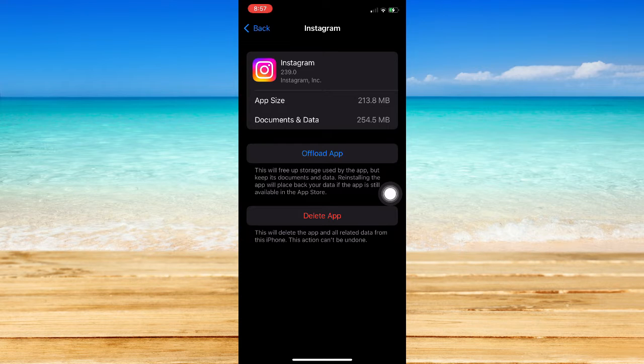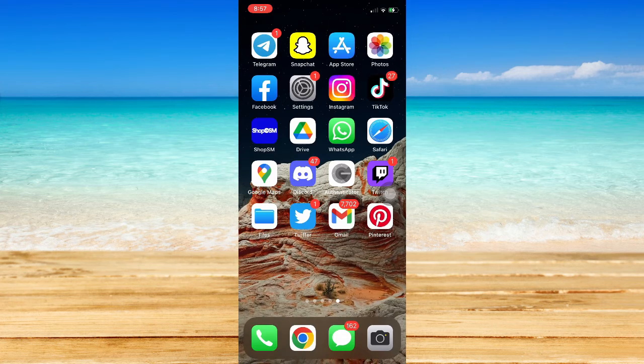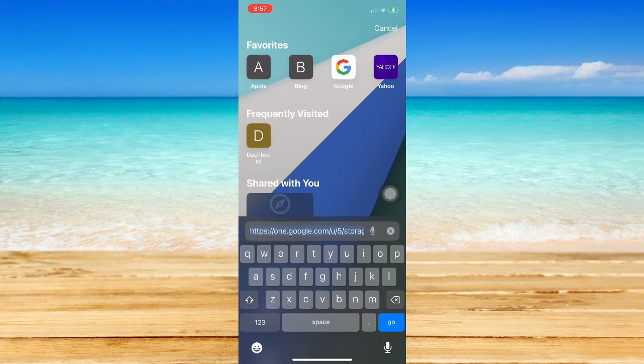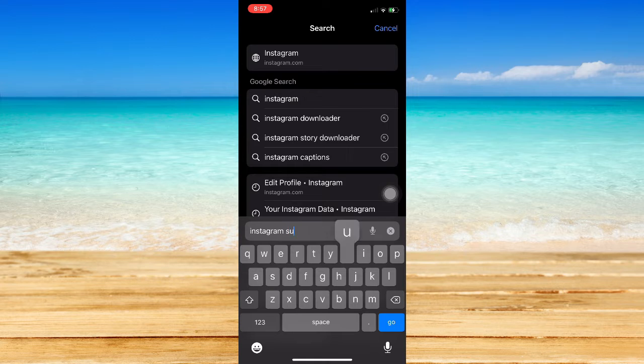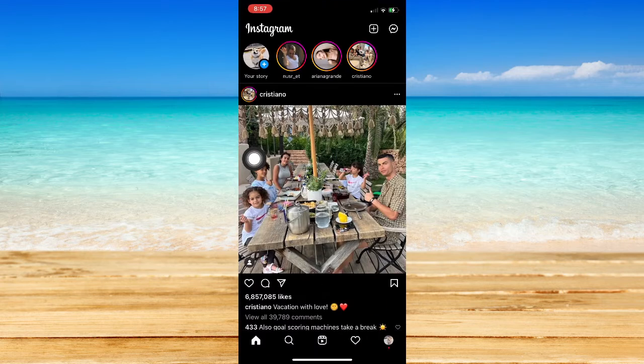And if it still doesn't work, what I would suggest is you go ahead on your favorite web browser such as Safari and type in Instagram support. So once you're in Instagram support, you may click on it and then you may type in the problem that